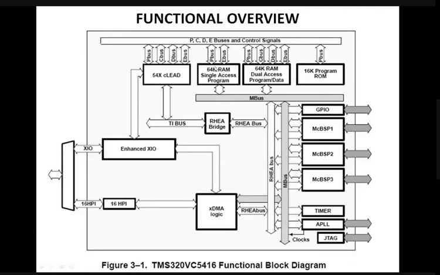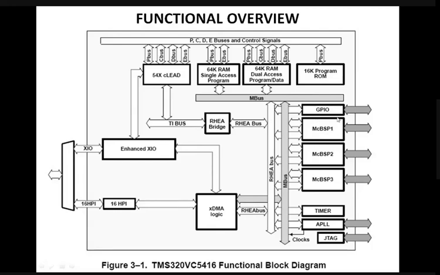And similarly, single access means you can have only one program bus and one data bus. But if it is dual access, it means two address buses and two data buses are there. Because of that, we are saying that it is dual access memory. Okay. And there is some internal bus, and MCBSP means it is a serial port, multi-channel buffered serial port, and